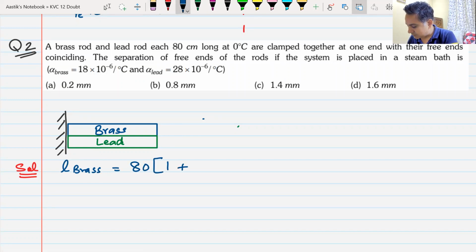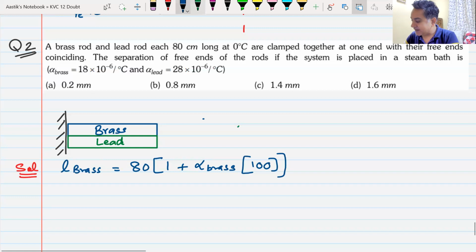80 into 1 plus alpha of brass multiplied by change in temperature. How much has the temperature changed, my dear friends? 100 degrees Celsius. Temperature has changed by 100. This is just to make your calculations simpler. Then I go on and find out the length of the lead